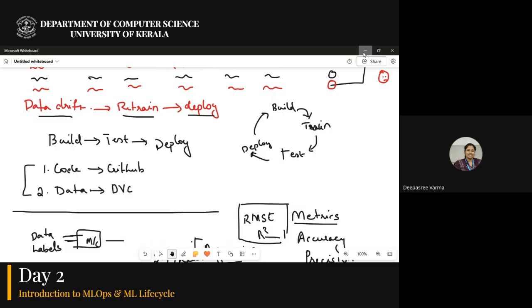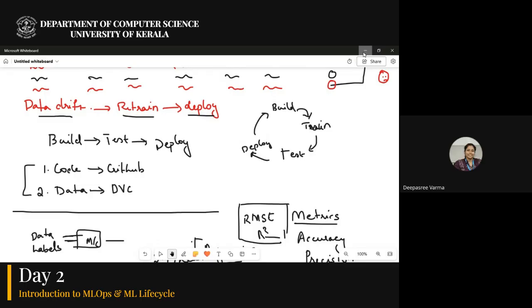After deploying the model, we monitor its performance using data drift. You will see in upcoming classes how it is monitored. Once there is a data drift, we need to keep track of the old data and understand what it is. To version that, we use GitHub and DVC. So these are two different processes: one during the experiment phase, and another after the deployment phase. So there are two aspects in MLOps.